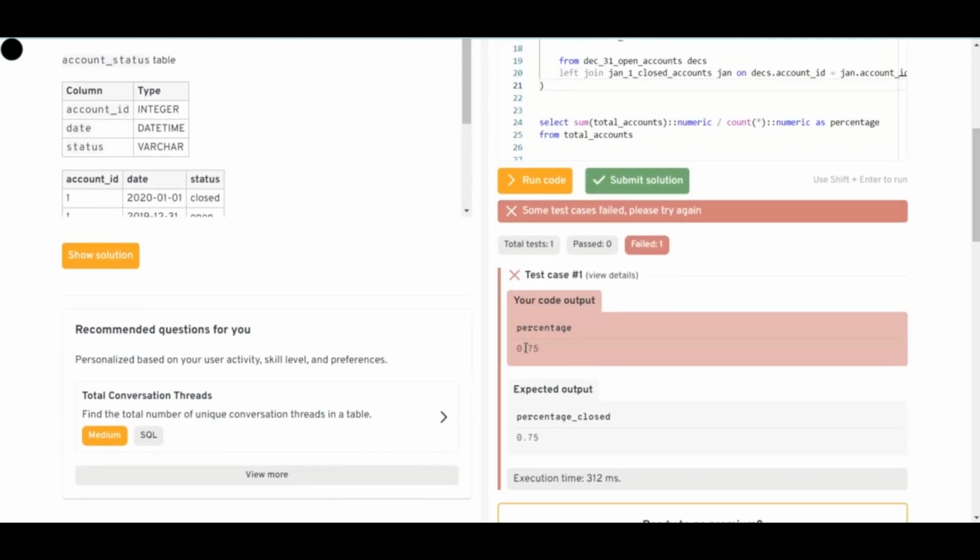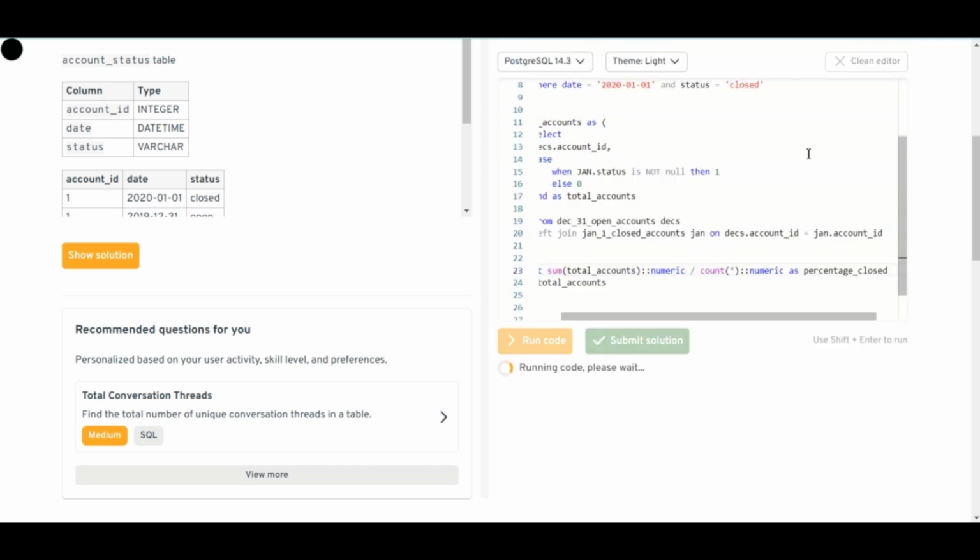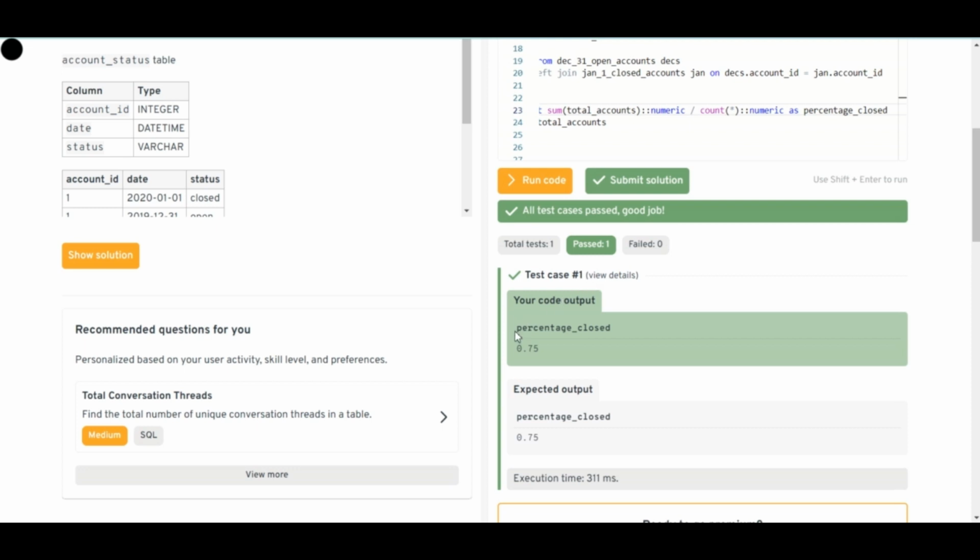So we have the right results, but it's still complaining. Did we do anything wrong? I think it's because of the as percentage closed. I'm just gonna write the same column name that they want me to write. Okay, so I think they wanted me to write the same column for the results. But anyway,